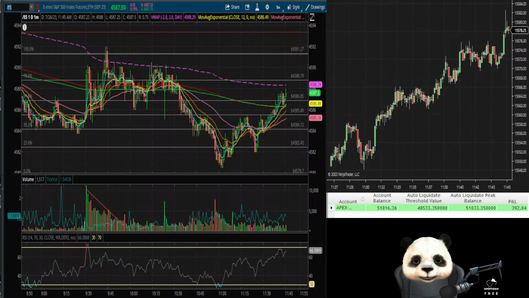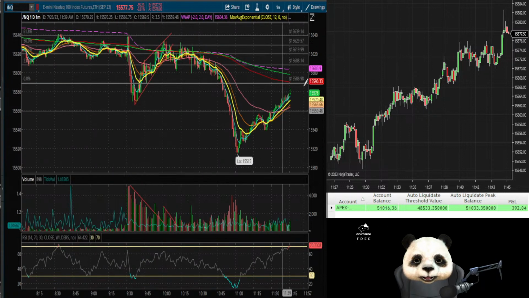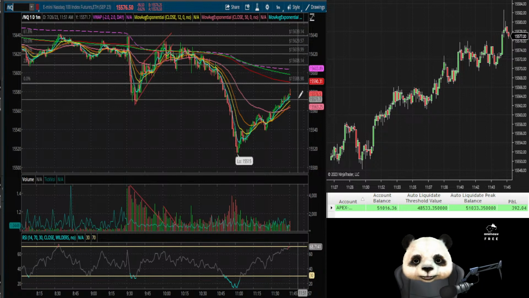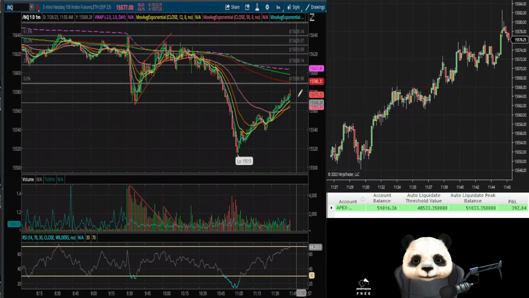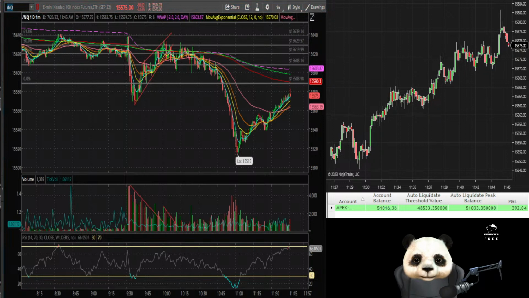So as of now, we've got Nasdaq pushing up still to that 88 level I was targeting, but since I was only in one contract and up about 25 points, I just felt the need to take that profit that I had. It was a good run. So now we're just waiting for some more opportunity.